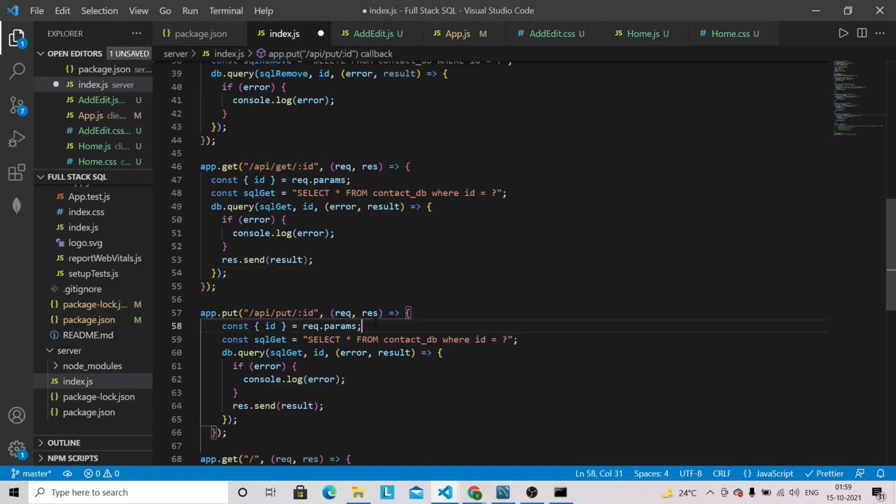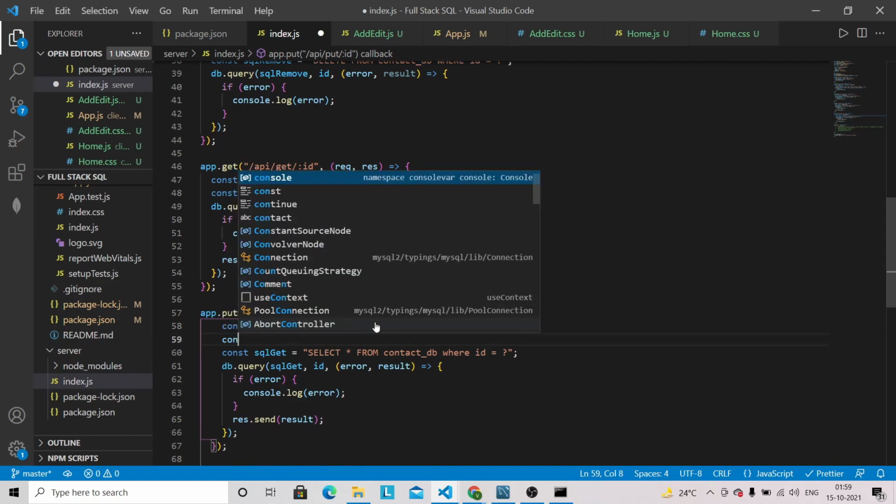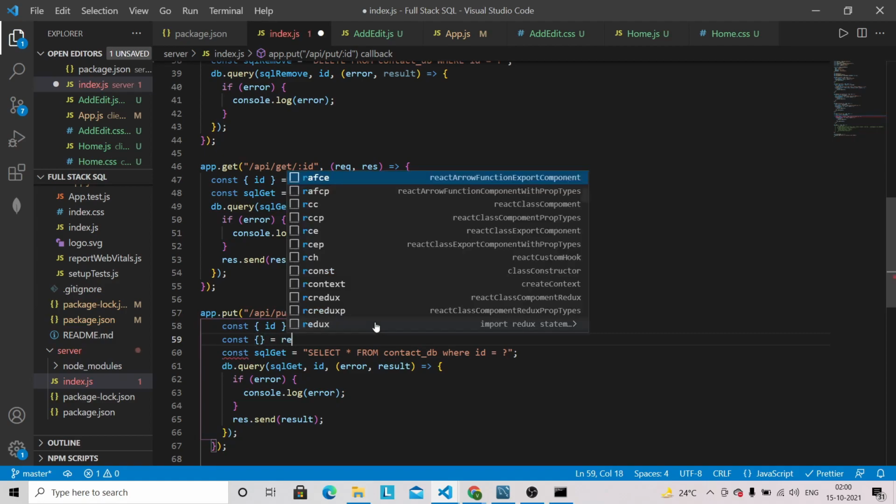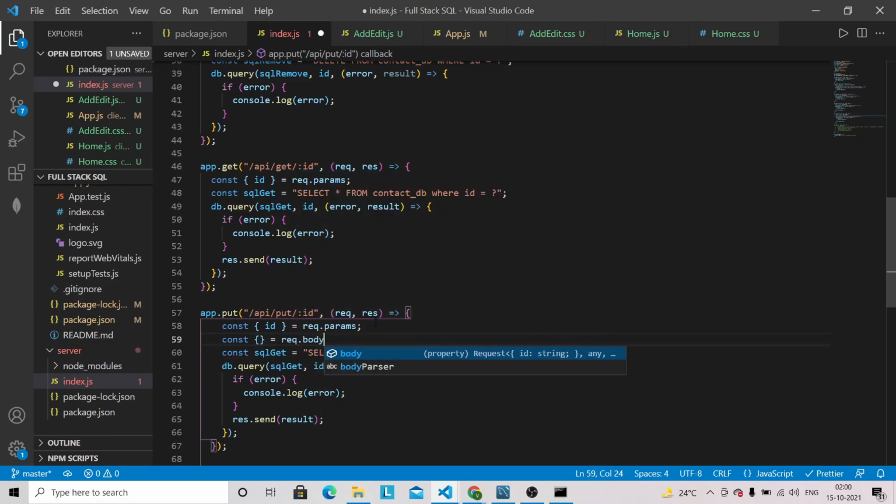So from request params we will get the ID, and we also need the name, email, contact from the request.body. So let's get from there. So we can destructure here name, email, and contact, and let's change this one, so it will be SQL update.